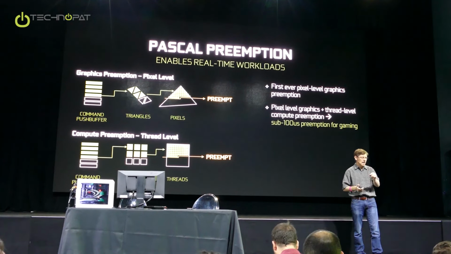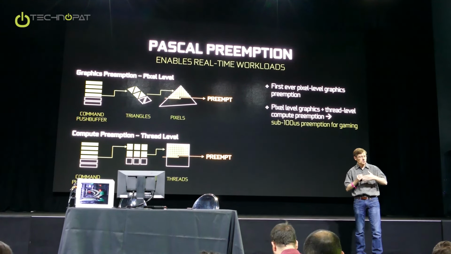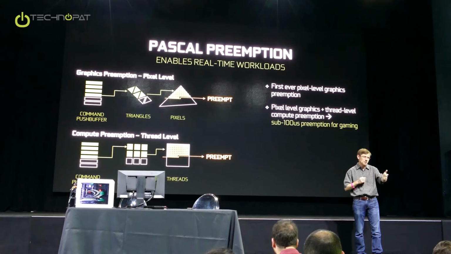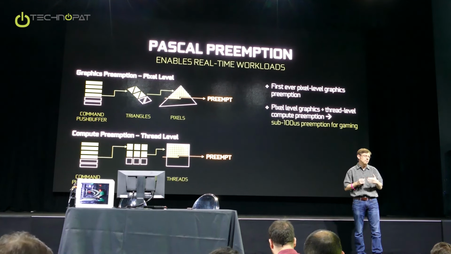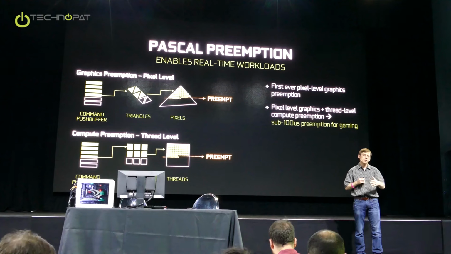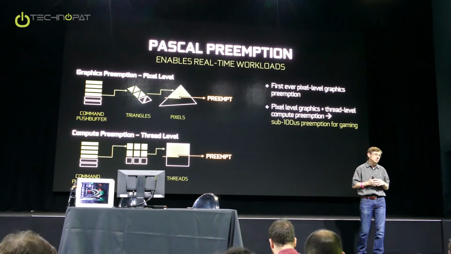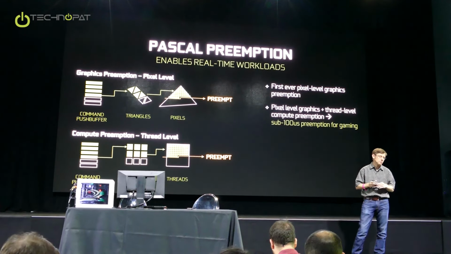So we'll basically stop at the pixel level. We will drain out the pixel shaders. Pixel shaders typically aren't insanely long things, so draining that out is not too bad. And as soon as that pixel shader is drained out, we can then preempt. This preemption is very quick. It's less than 100 microsecond